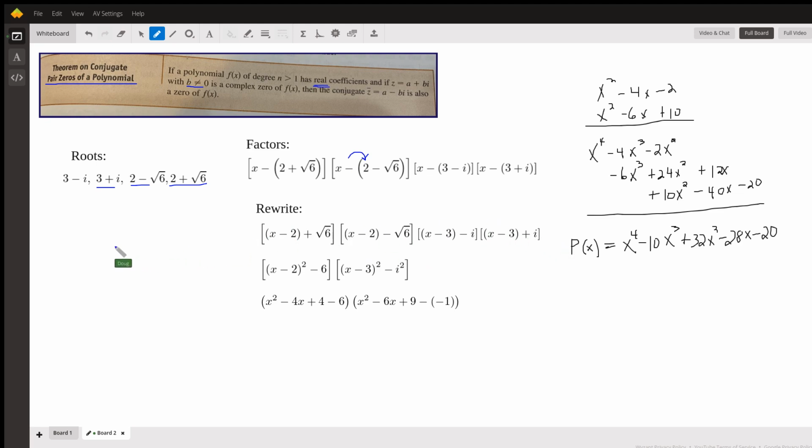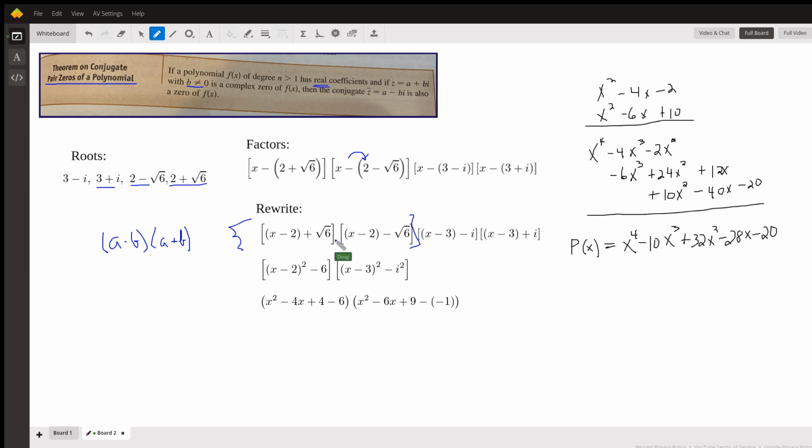Why do I do that? Because a minus b times a plus b results in a difference of squares, a squared minus b squared. So here I'm multiplying the sum and difference of the same two terms. I get a difference of squares. So I can say the result of multiplying these two